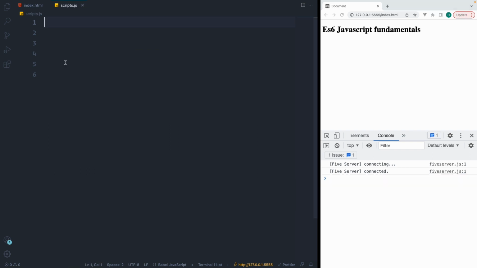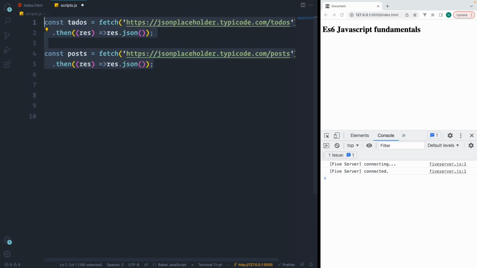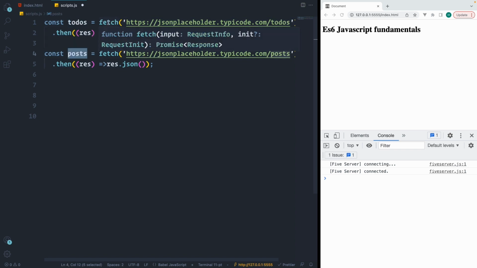There is something called Promise.all which can come in quite handy if we need to wait for multiple promises to be resolved or rejected before moving forward. Let's see that in a small example. Let's have two fetch API calls, one for to-dos and one for post. We know that fetch returns promises. So the to-dos and post variables are currently promises. We could use